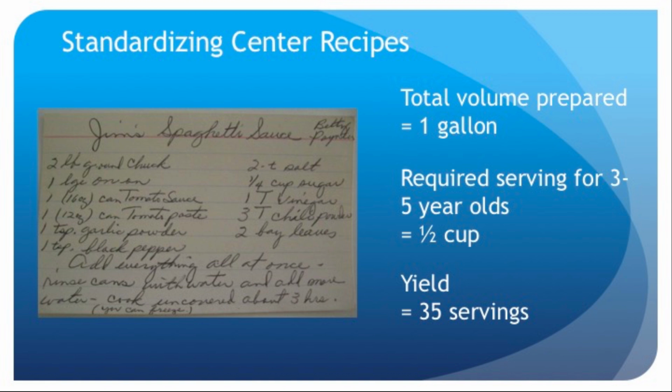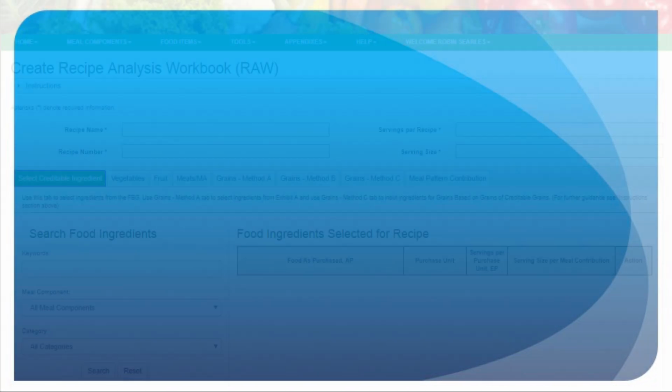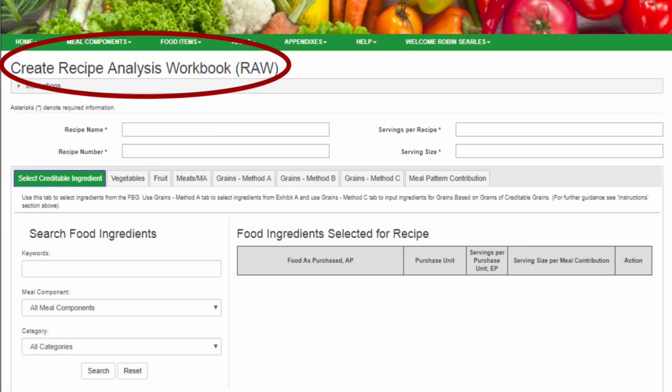The total yield, number of servings, serving size, and meal pattern contribution is information that must be included in standardized recipes required for CACFP. Once the total volume prepared and the required serving sizes are determined, this information should be recorded on your center recipe. The Recipe Analysis Workbook, RAW, included on the Interactive Food Buying Guide, is another tool to calculate the component contribution